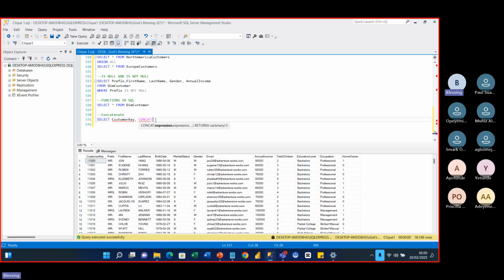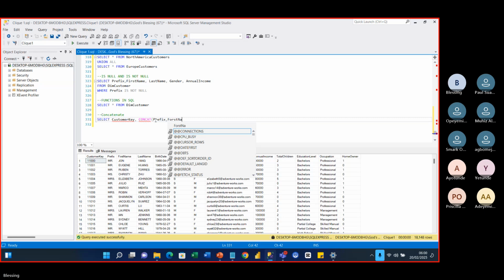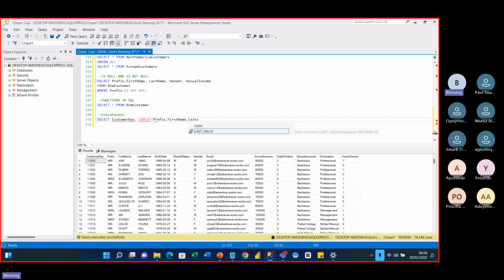So I want to bring in the prefix, comma, the first name, comma, the last name, close my parentheses. You have to alias this so it's not without a column name, as full name,